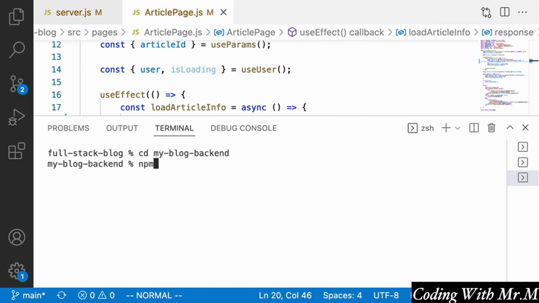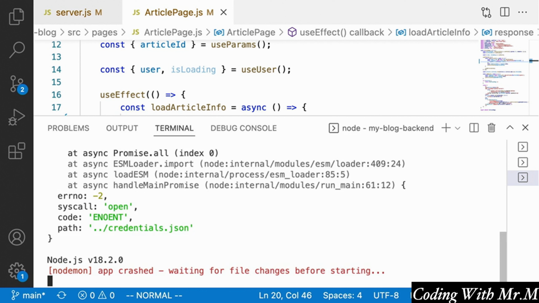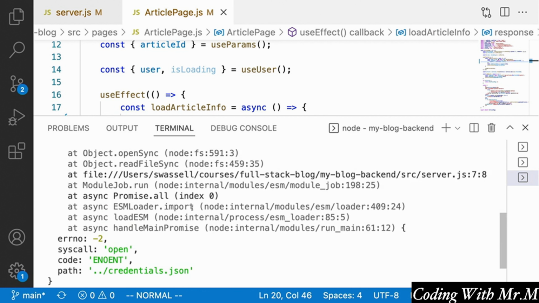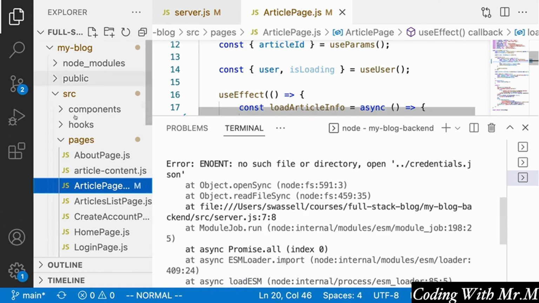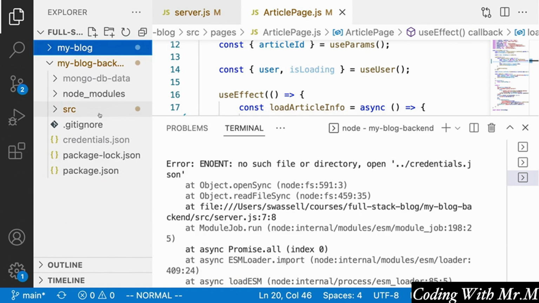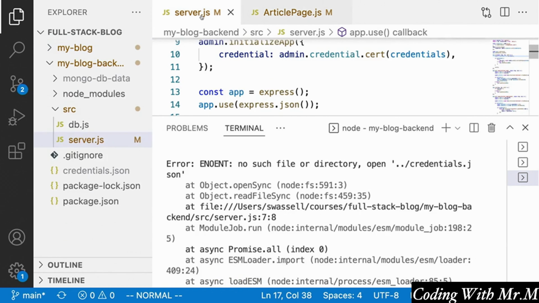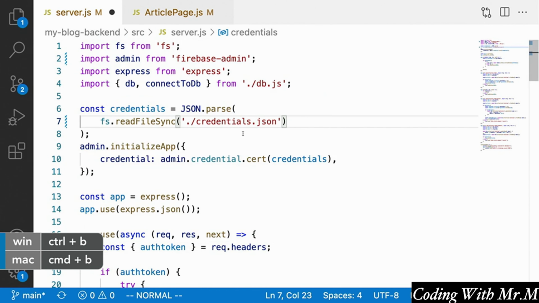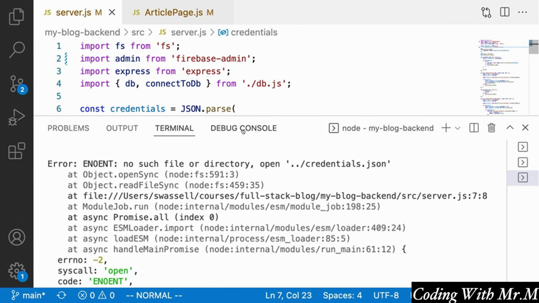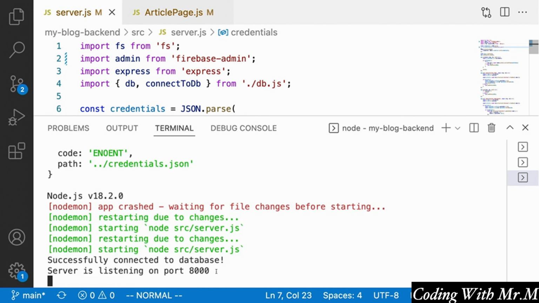And oops, it looks like our backend isn't quite working because the credentials.json isn't being loaded correctly. So all we should need to do here is change the path that we're using in our server to load our credentials.json. We're just going to change that to ./credentials.json,